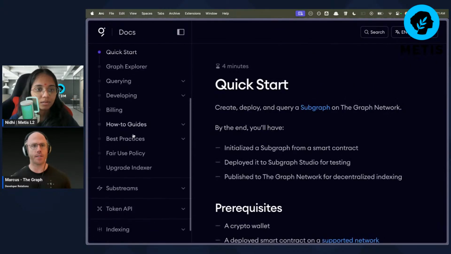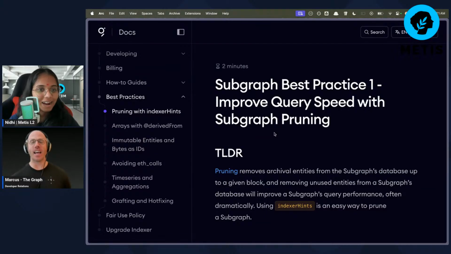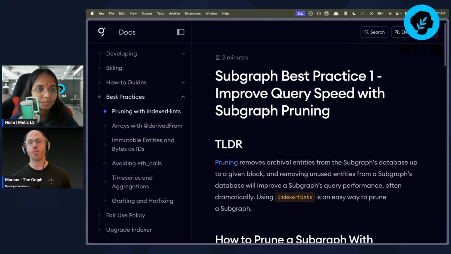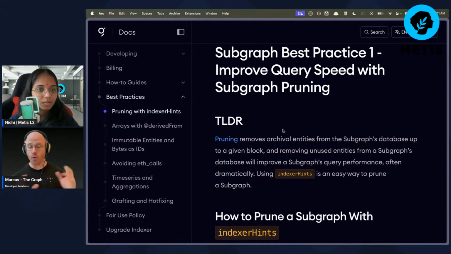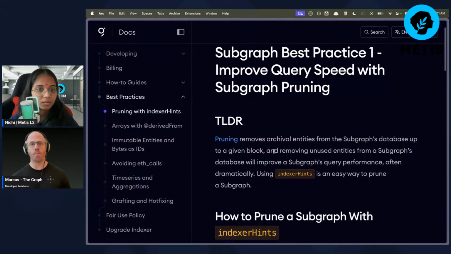So if we go to subgraphs and we look at best practices, I'm biased to these best practices. I wrote a lot of these. Everyone I talk to wants really fast subgraphs. They want it to be as close to chain head as possible. And another one they want is query speed, and to make sure their query returns get returned fast. So backing up right now,